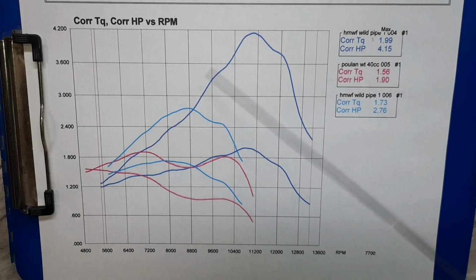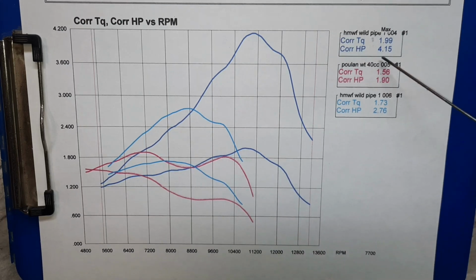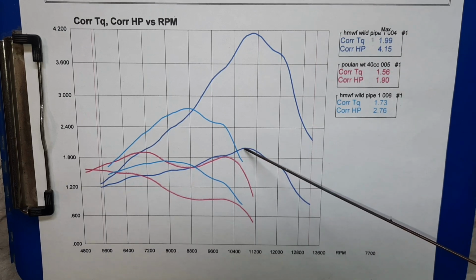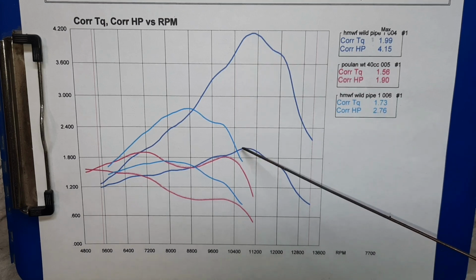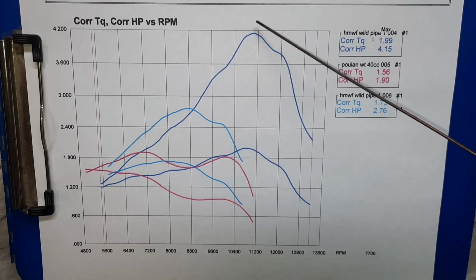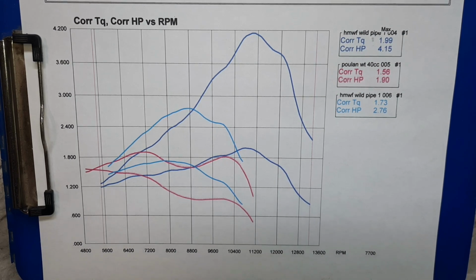But with that pipe on it, it actually had less torque than a stock 2511. But when that pipe hit, we're up here, 4.15 horse, 1.99 foot-pounds of torque. And if you notice, peak torque's right here, peak horsepower's right here. There's only a 200 RPM gap between where peak torque and peak horsepower is. That's why it was so easy to stuff in the cuts at Sawfest, because you only have that 200 RPM